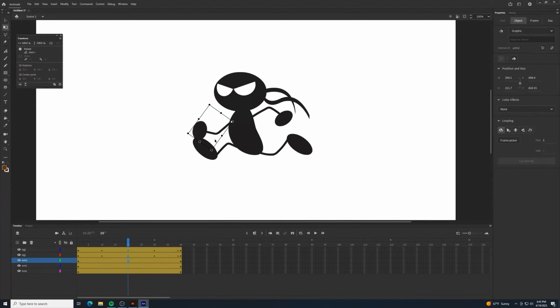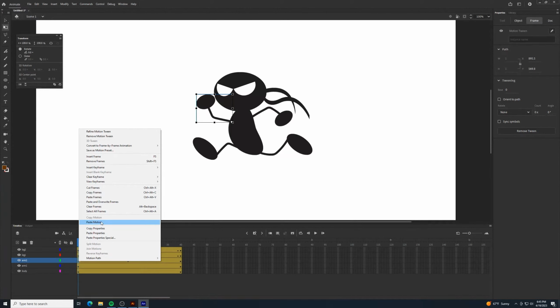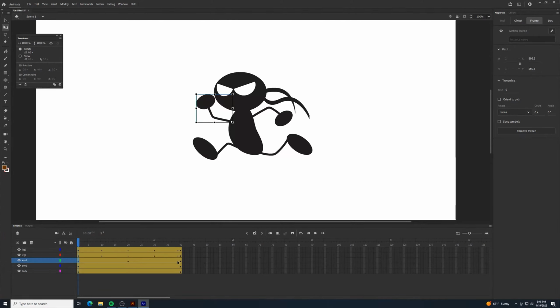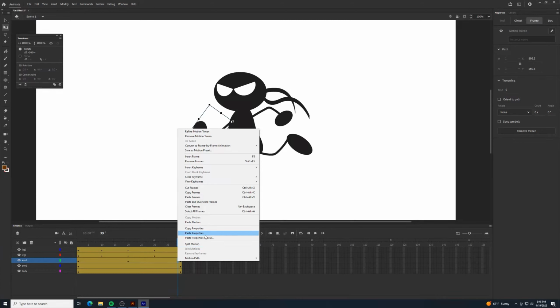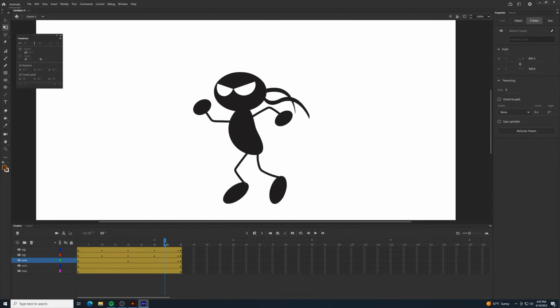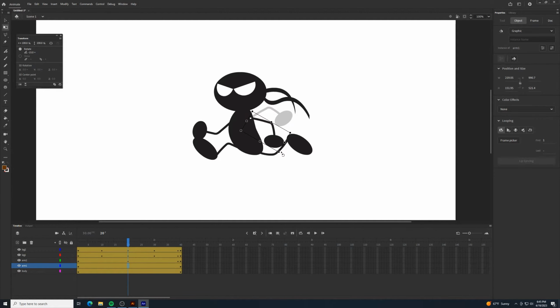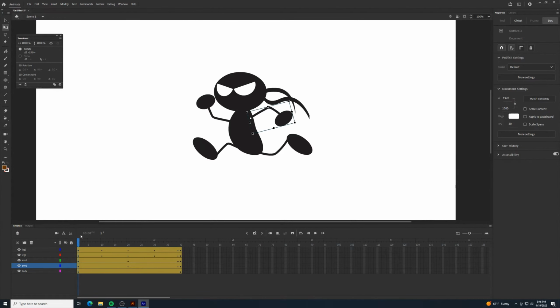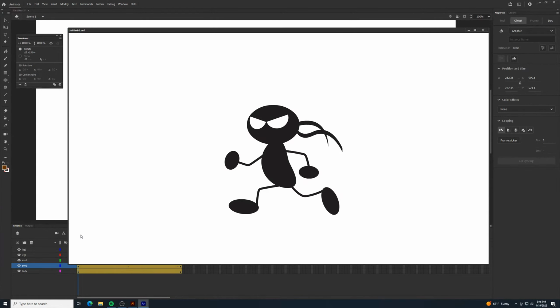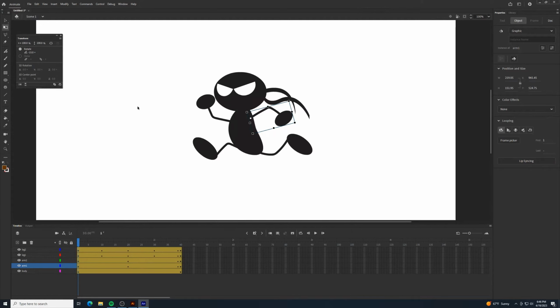Maybe move the arm down to about there, and then I can copy the properties from the first frame and paste it here. And then I'll do the same thing with this one down here. Alright, let's see how this looks. Alright, so we have movement of all the limbs, and now we're ready to start making our ninja move up